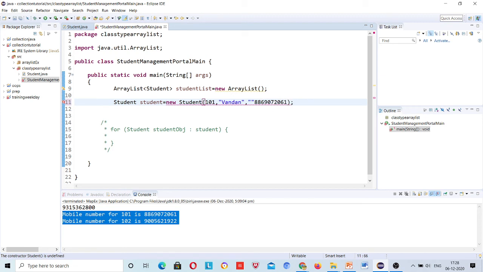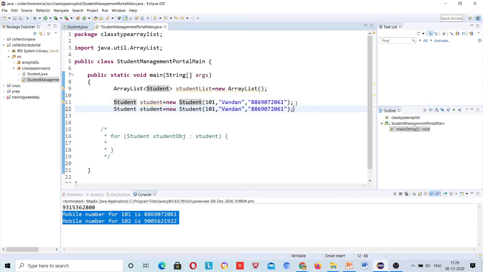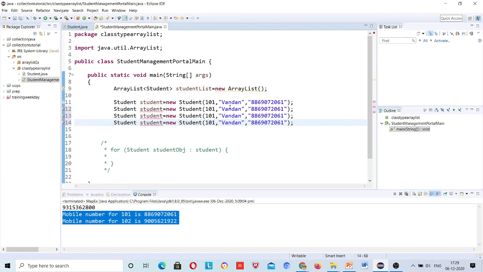And this will be closed. Simply I will copy this one more for student. I will add student 2, student 3, student 4.